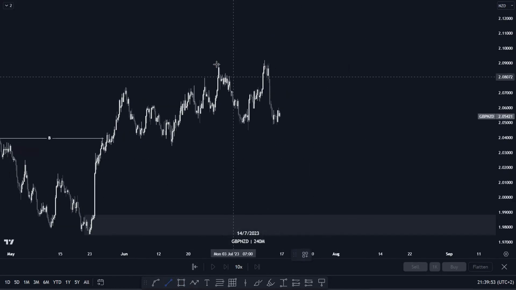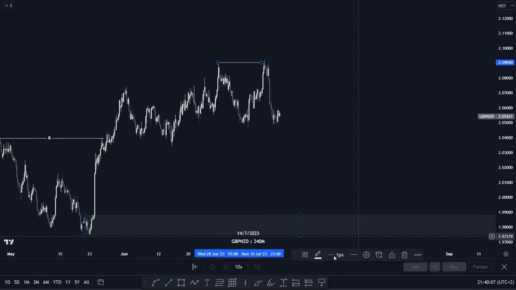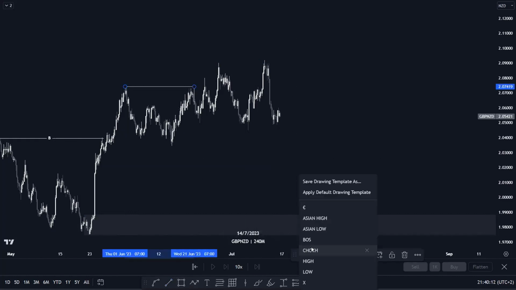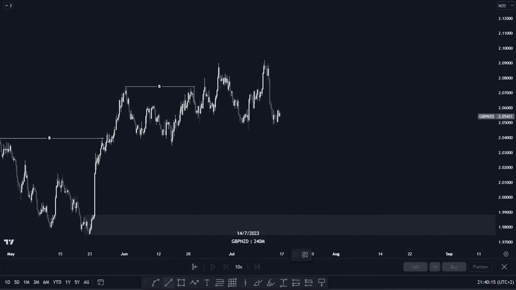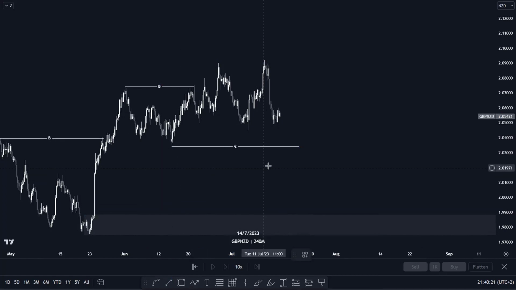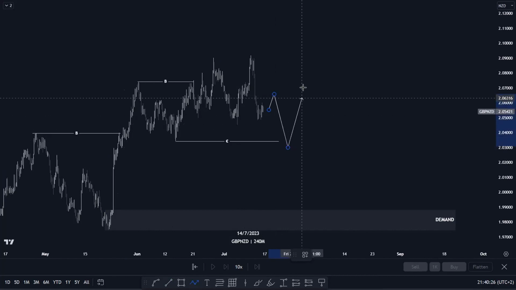Now here, this is our recent high. This is our previous high, which was not actually violated, just price wicked out of it. So we are going to use this here as our break of structure. This here is our break of structure. So now we'll be looking for price to violate this low here, creating a change of character, and then pushing